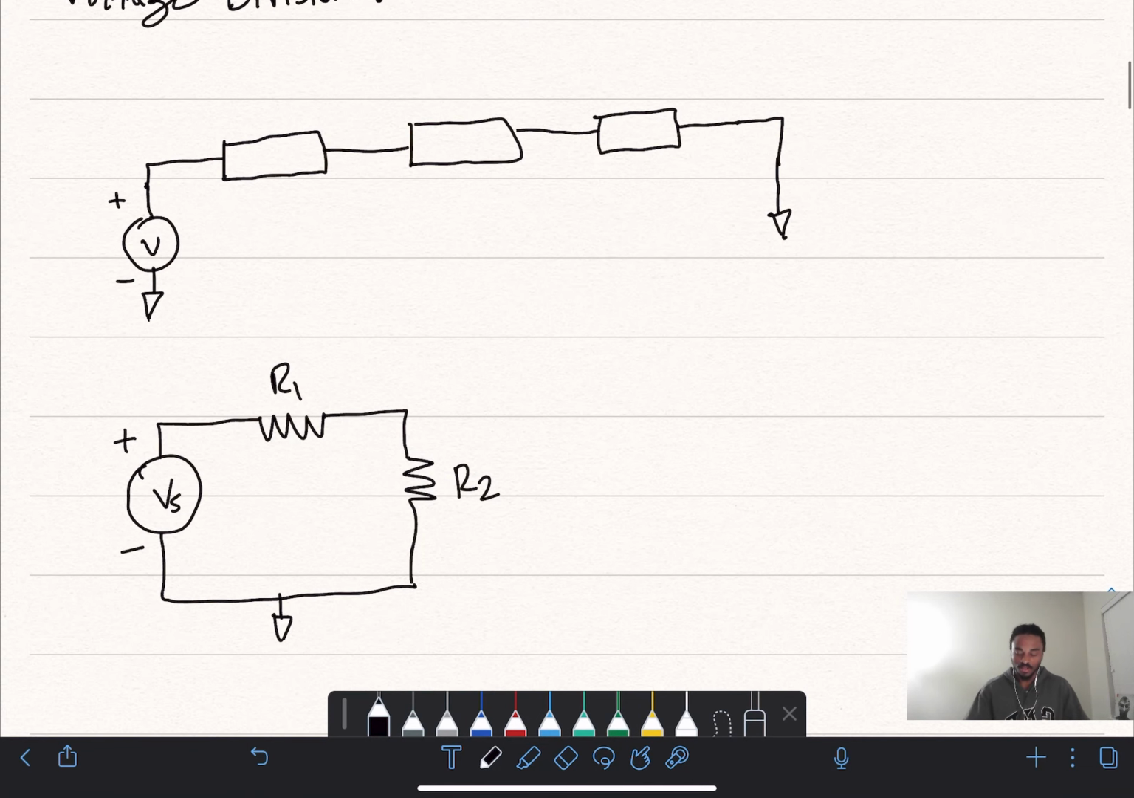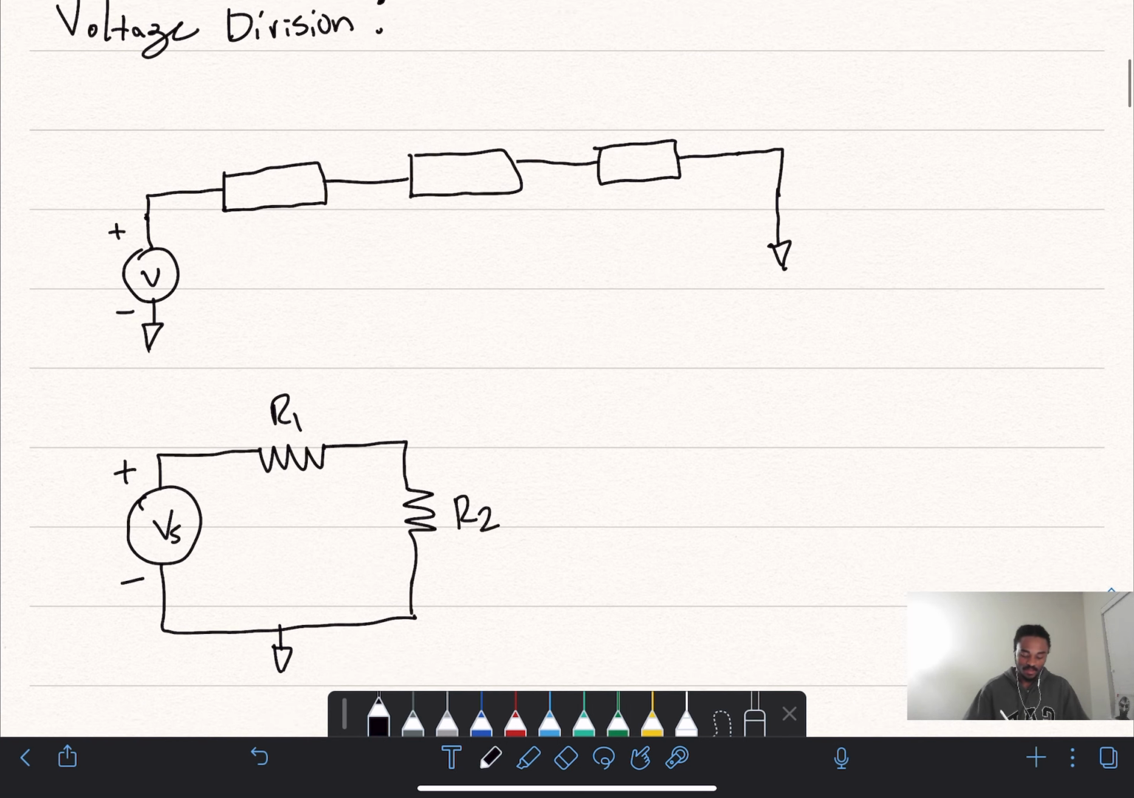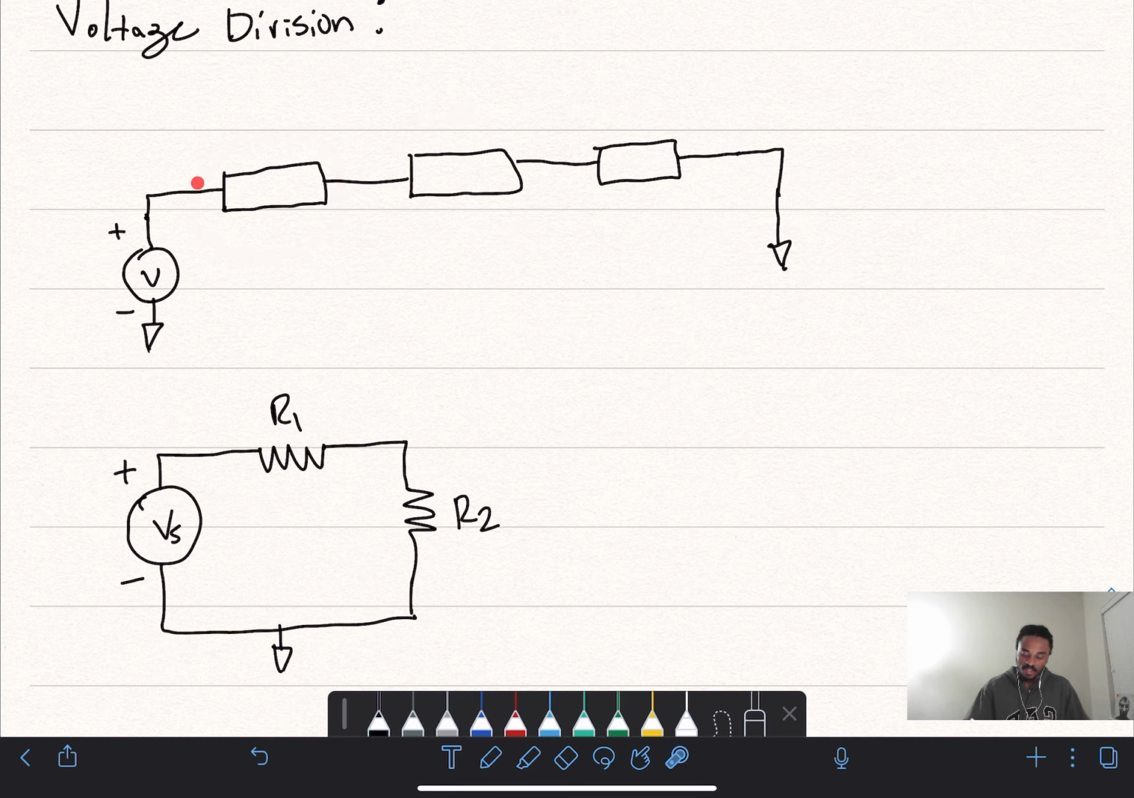So I'm going to quickly talk about voltage division, how we use it, derive it, and go over some examples using voltage division in real problems. Firstly, we use voltage division when we have multiple different impedances or resistances connected in series, meaning they're connected just